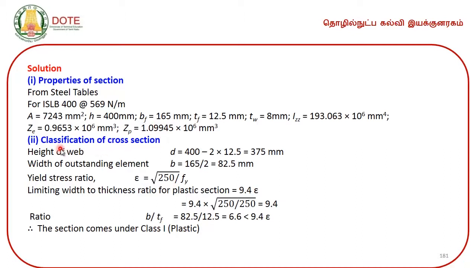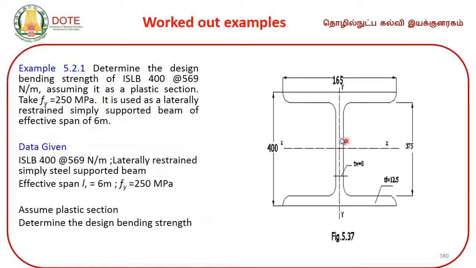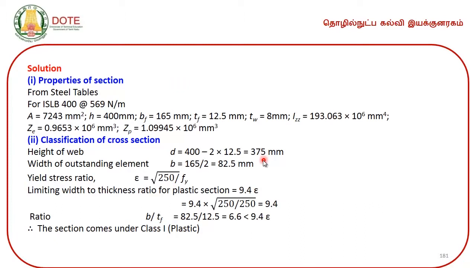Second step is to classify the selected or given cross section. In this we are going to classify the cross section based on its limiting width to thickness ratio, and for this we have to refer table 2 of IS 800 2007. So, the height of web, this is the total depth. From the total depth from this point to this point, deduct the thickness of the flange. So, that comes around 375 mm, this is the depth of the web or height of the web alone, and